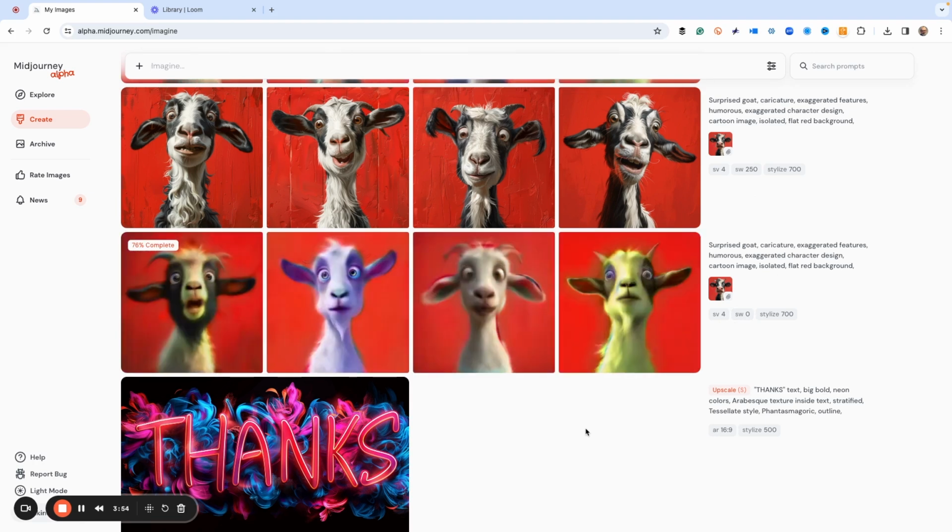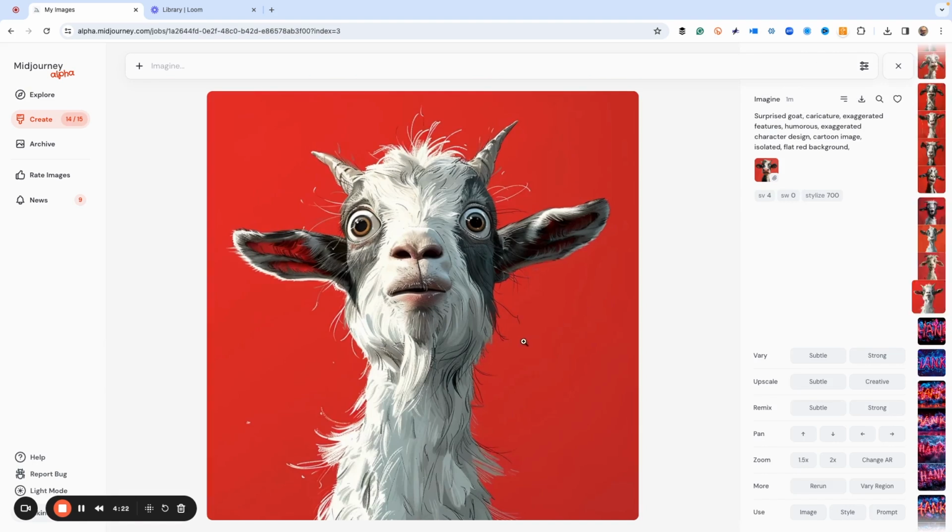It's almost done here. Now, your results are, of course, based on how many people are using Midjourney and the level of account you have and your internet connection and a bunch of stuff. So as we're waiting on this, we're going to go ahead and upscale the ones that we like the best for each different animal. And here we go. Now that that's complete,